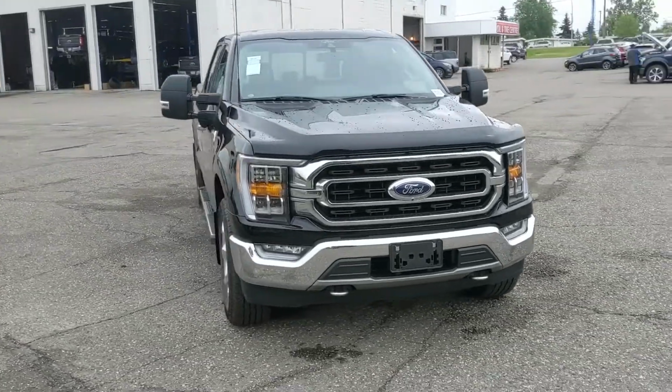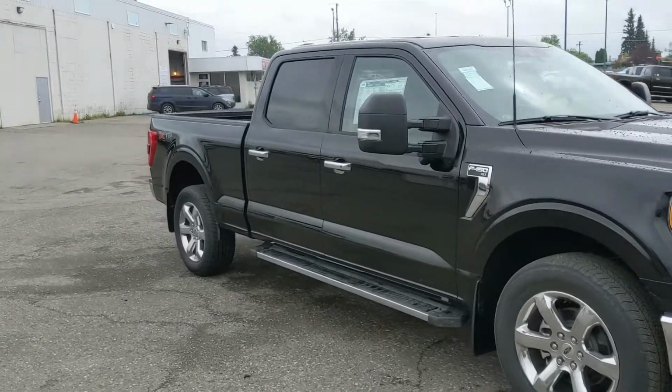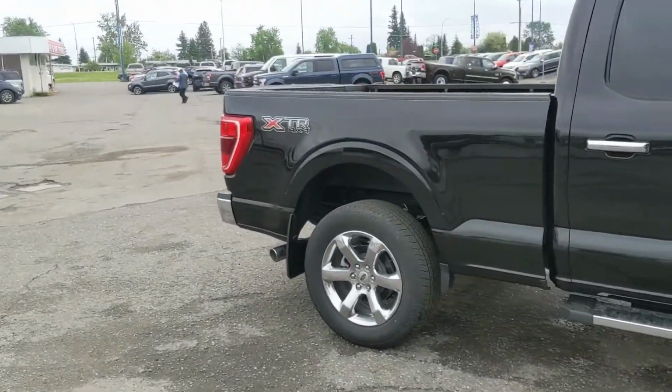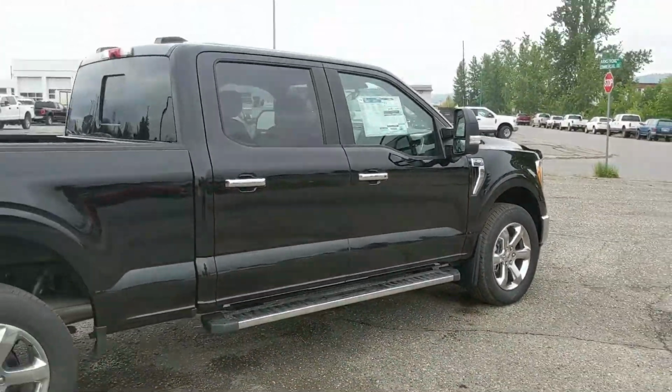We're taking a look at the newly redesigned 2021 Ford F-150 in an XLT trim, powered by a 3.5-liter V6 EcoBoost engine, providing you with excellent power for towing, hauling, and 4x4ing with some great fuel efficiency. It also comes with running boards down below so you can have an easier time getting in, and a new look